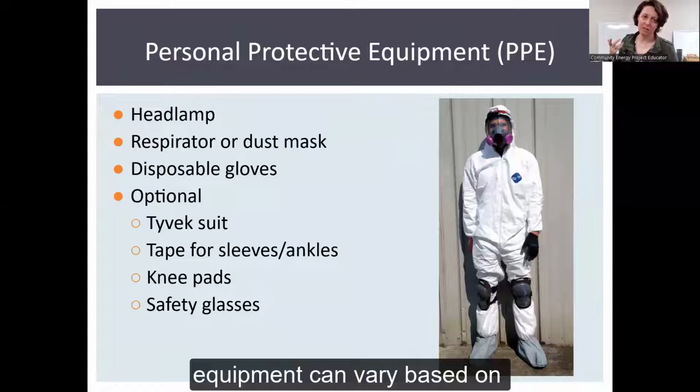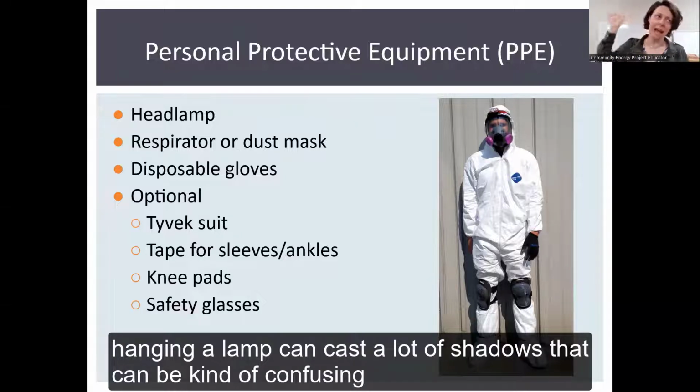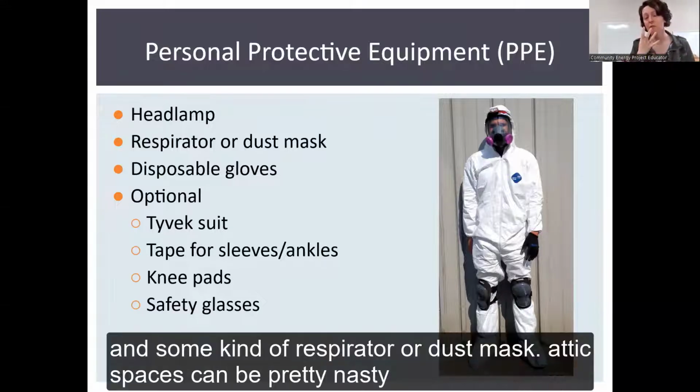Personal protective equipment, or PPE, can vary based on preferences. I would say that the one you definitely want to have is a headlamp. You want hands-free light that can be directed. Even hanging a lamp can cast a lot of shadows that can be kind of confusing in an attic space. There are a lot of things that are coming up through your roof deck, and some kind of respirator or